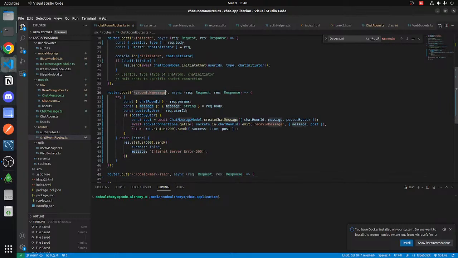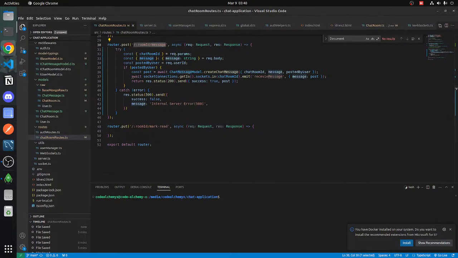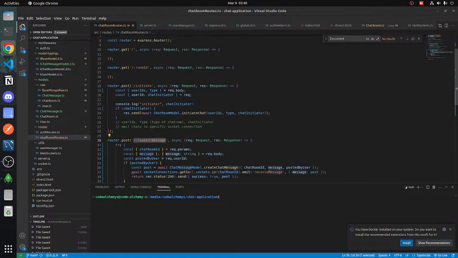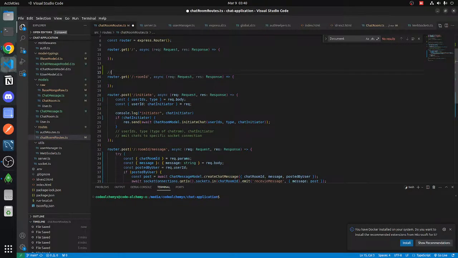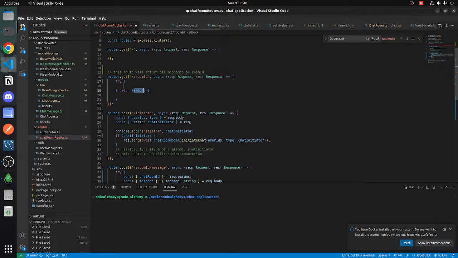Okay, so we have a message one written here. Now let me just add comments. This route will return all the messages by room ID. So let's go again here, try catch. Now inside this